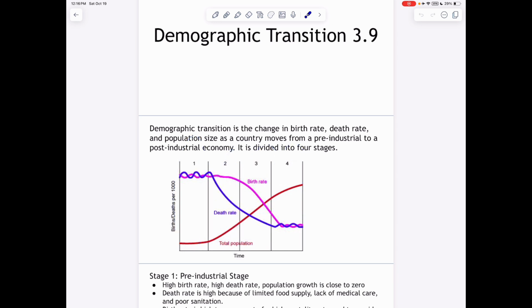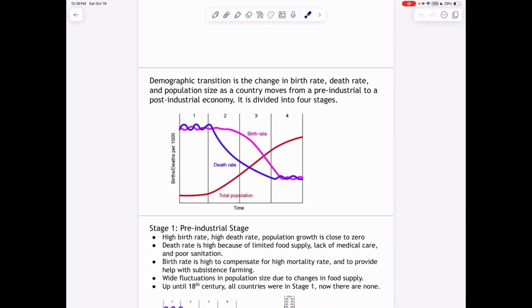And we're going to be measuring some different things. We're going to be looking at time, and we're going to be looking at the births and the deaths per thousand. So that's what we're looking for along the way. What does our population look like? What is our death rate? And then also what our birth rate is as we move through these phases.